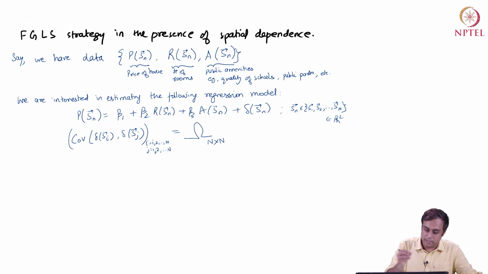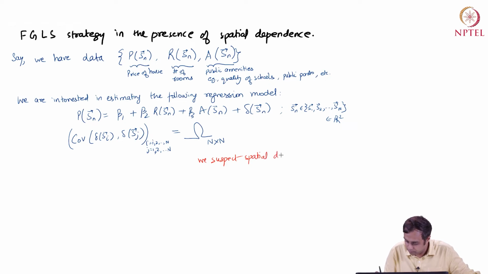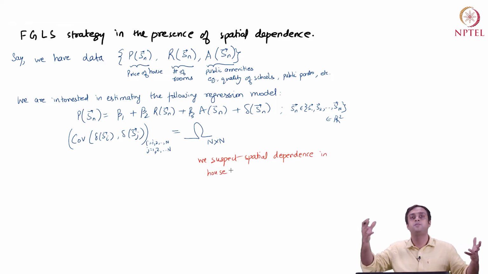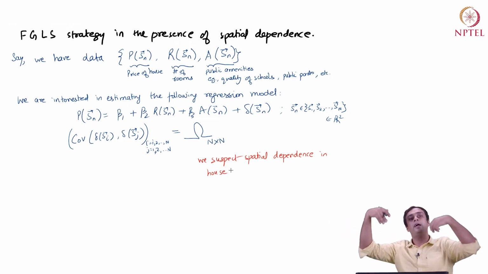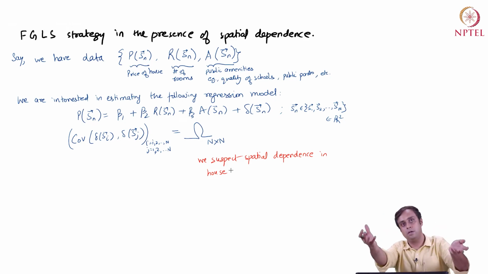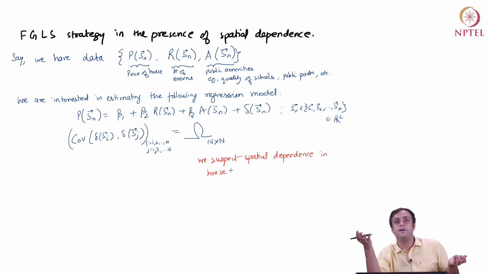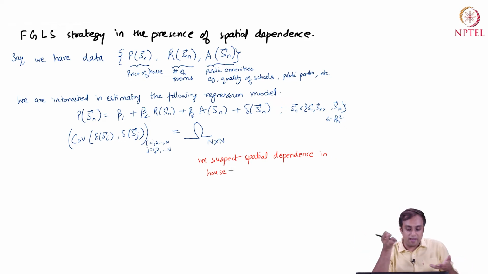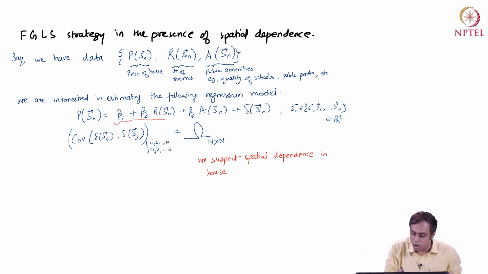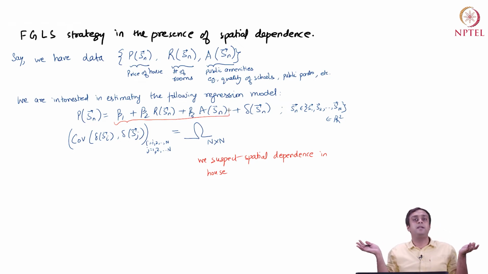So here what's happening is that we suspect spatial dependence in data, dependence in housing prices, right, because we live in the real world. If we see housing prices with higher priced houses located in a cluster together, and lower priced houses located in another cluster at a different location, then we know that prices exhibit spatial dependence. Now when we have specified the systematic portion of this model, we have not specified spatial dependence in any way.